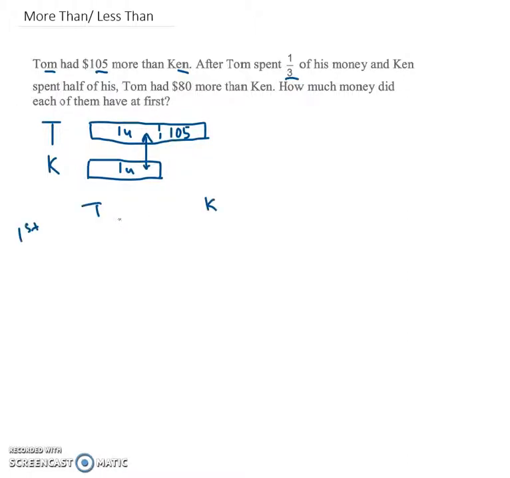So this is the way to do it. Write down Tom, write down Ken, and write down at first over here. So it's important for you to somehow have a kind of a table that will separate them. So Tom, Ken, and what happened at first. So at first, Tom had 1 unit plus 105. And Ken had 1 unit. So then we look at the